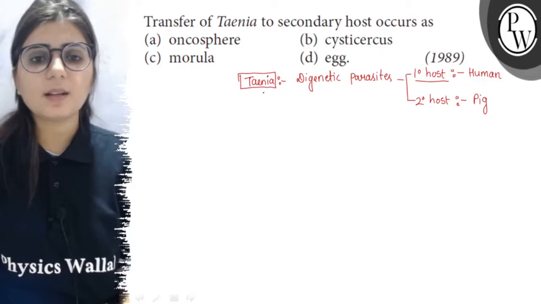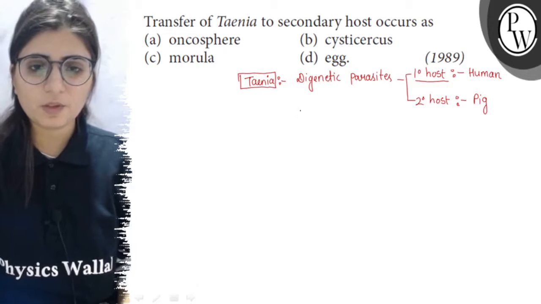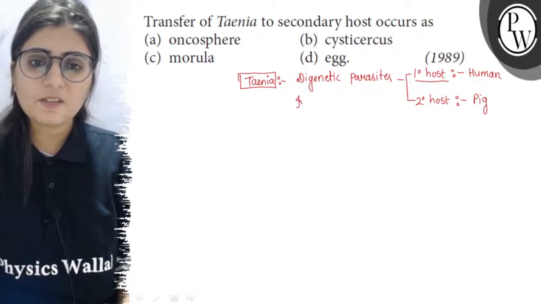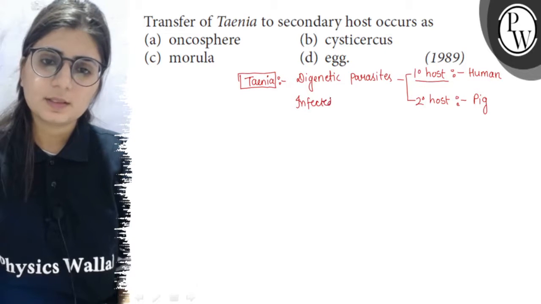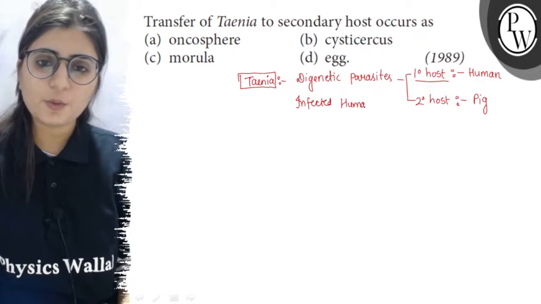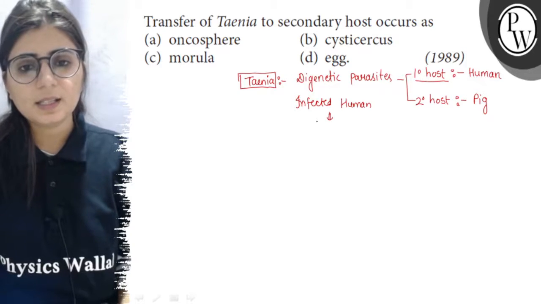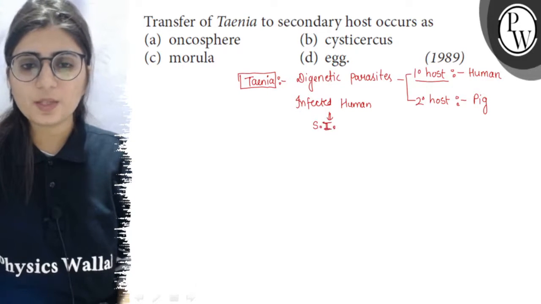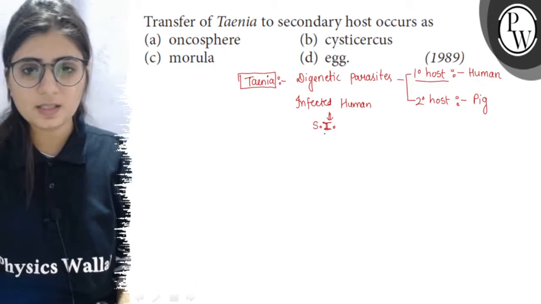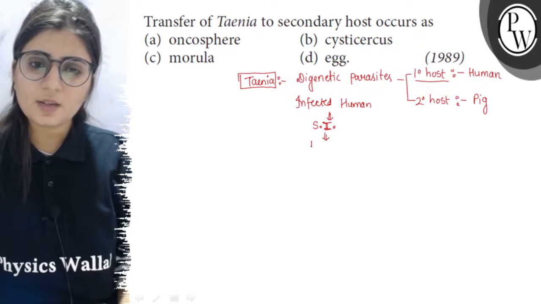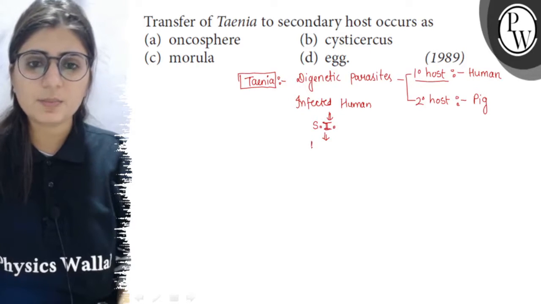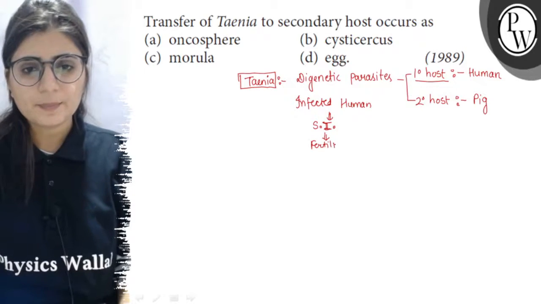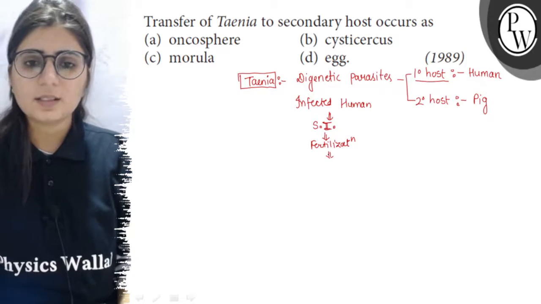If we look at the life history of taenia, then what will we find? That in an infected human being, we will find taenia in the small intestine. The taenia is found attached to the small intestine by its scolex region, and this taenia undergoes sexual reproduction here, means fertilization will be there, and the fertilized egg resides in the mature segments of the taenia,